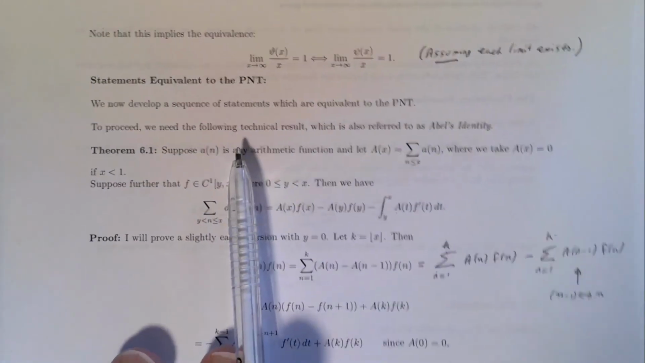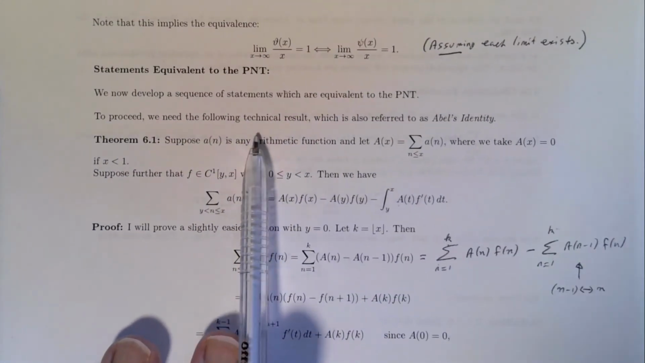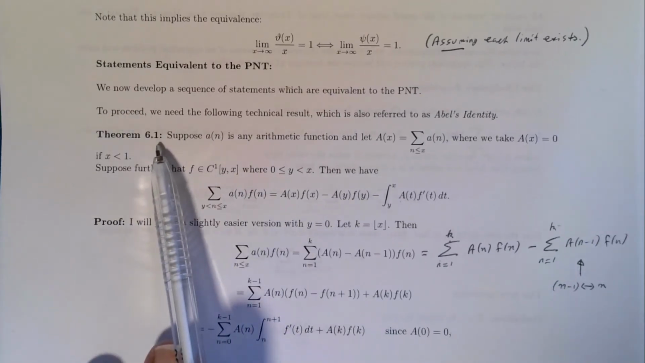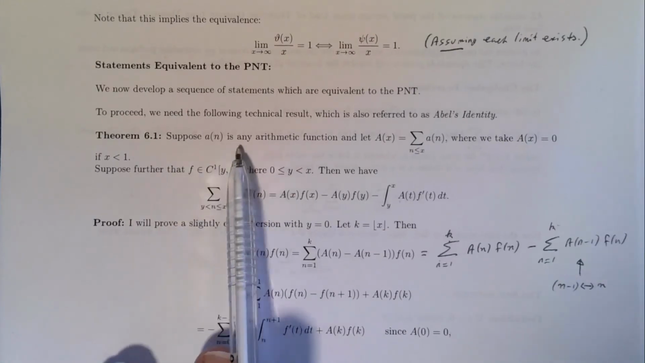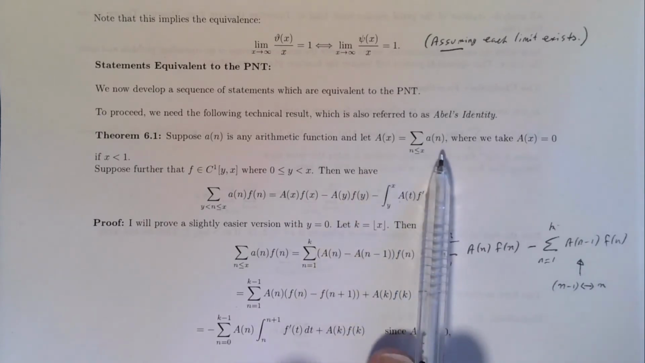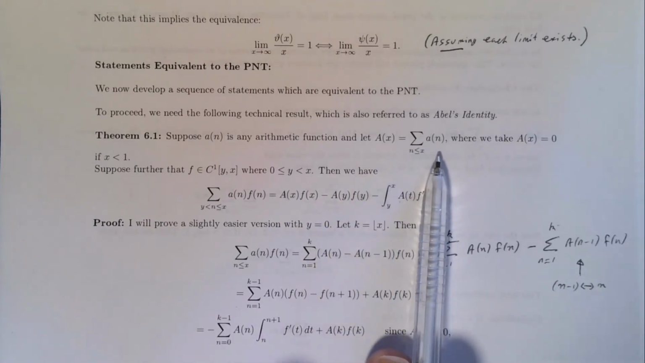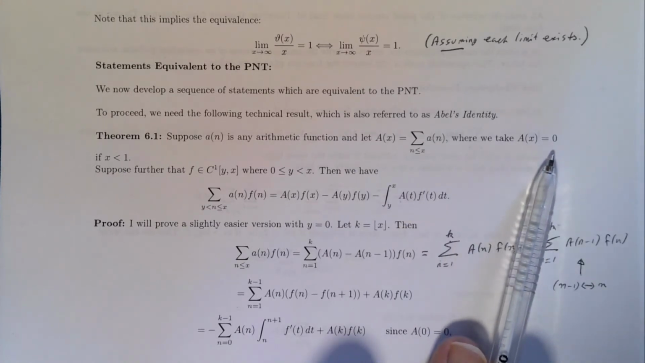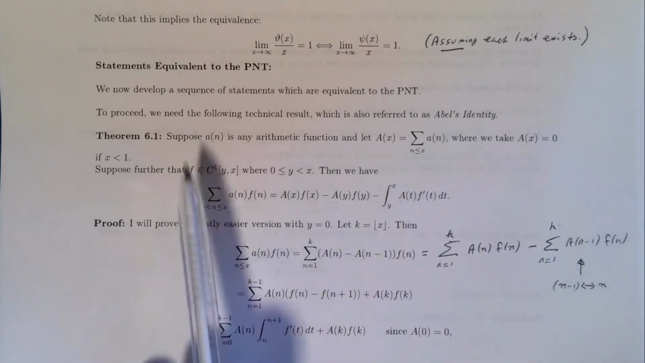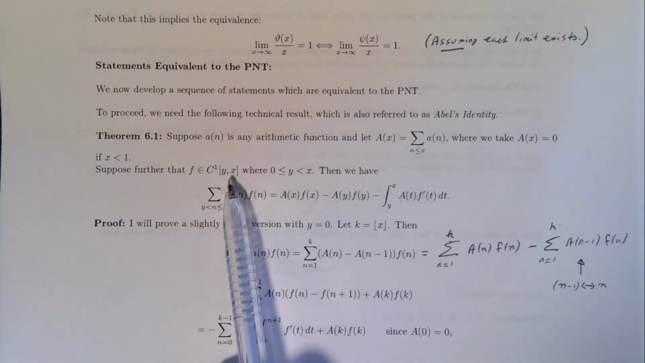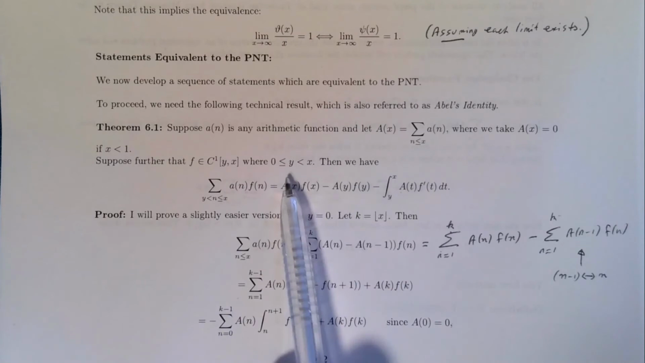We need a thing called Abel's identity, which is a nice little way of doing summation involving integration again. So we have a of n as any arithmetic function, and capital A of x are the partial sums of my arithmetic function, where again we're going to take A of x to be 0 if x is less than 1. We're going to take f to be a C1 function on the interval [y, x], where y is between 0